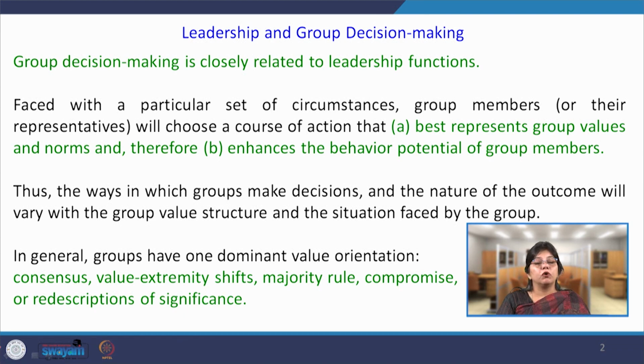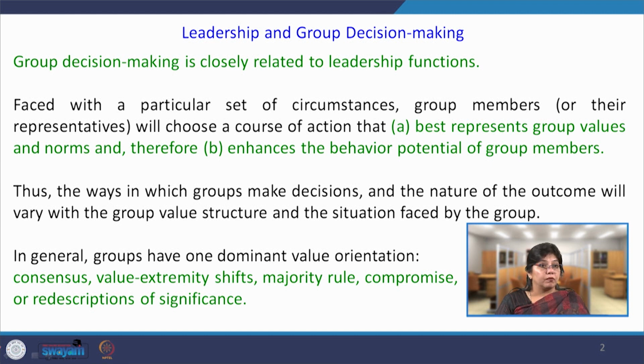Since the title of the module is group leadership, it is definitely related to decision making as well, and decision making becomes an important part of any leadership function. This is but obvious. Therefore, group decision making is closely related to leadership functions, and whenever any group is faced with new or different circumstances, group members have to decide on a certain course